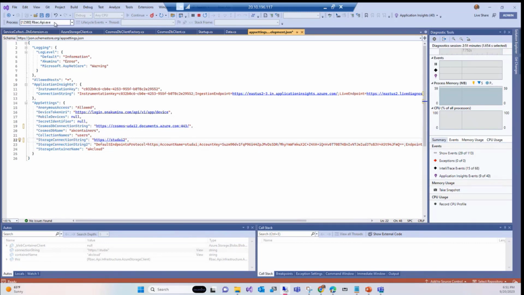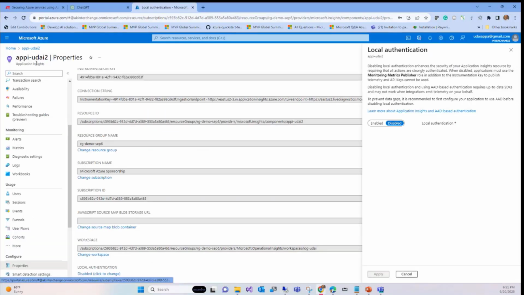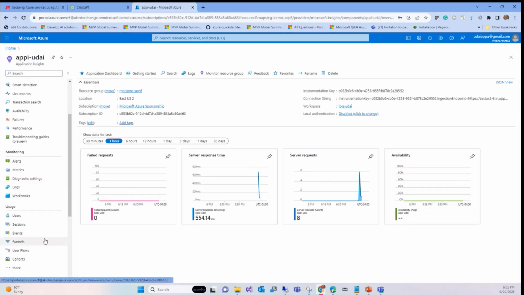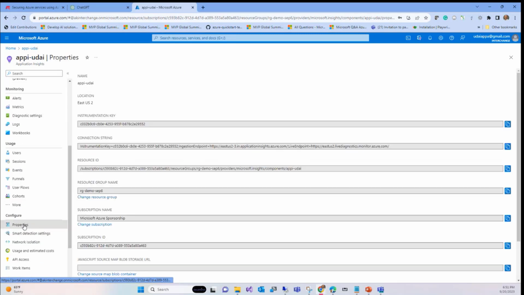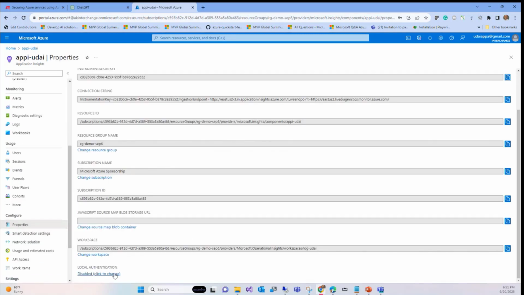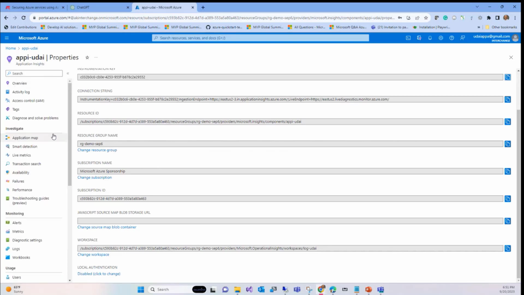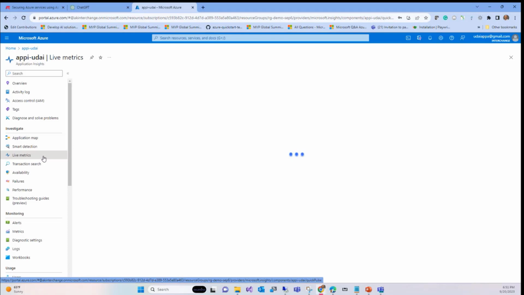Before I dive into those two, let me show you whether App Insights is really collecting or not. If you go back to the... not that one. Oh, I picked the wrong one. If you look at the Udai, if you look at the properties, which was already turned off. This is the one we are using right now, but next time we will use the other one. You can look at the live metrics where it's coming in.